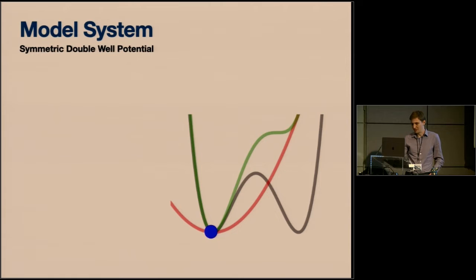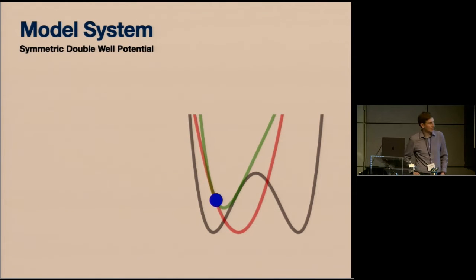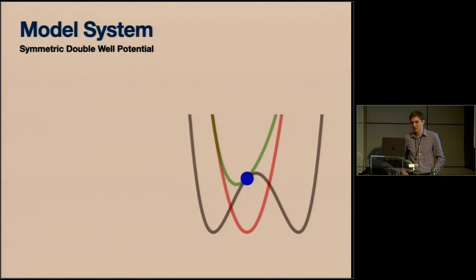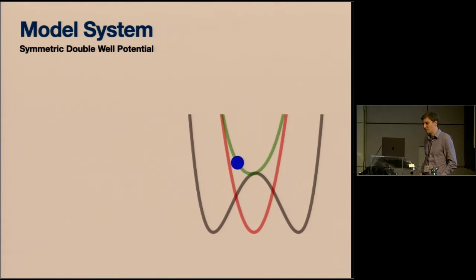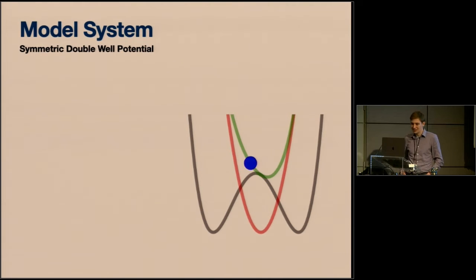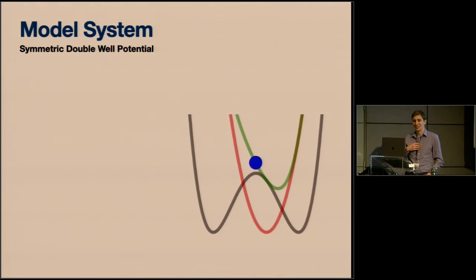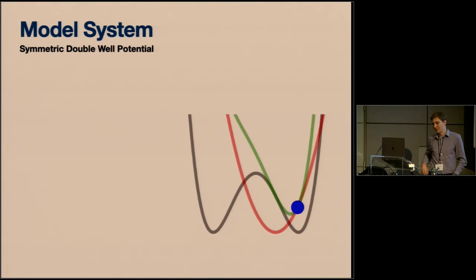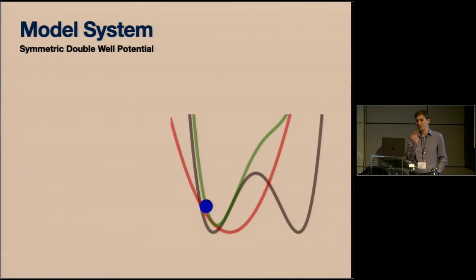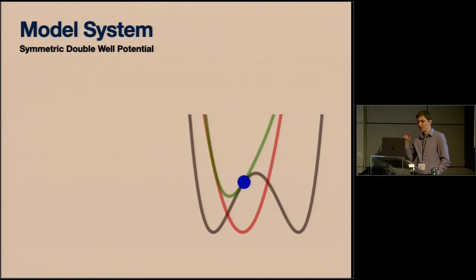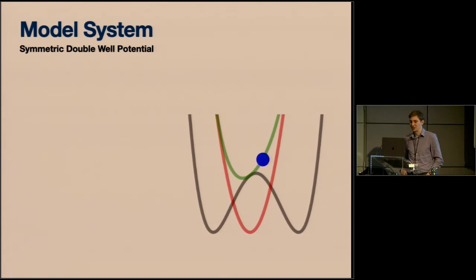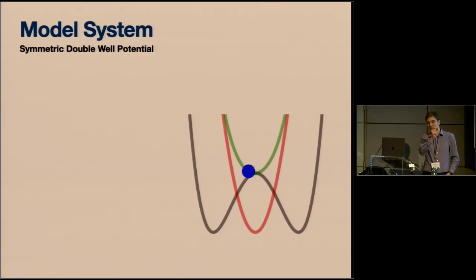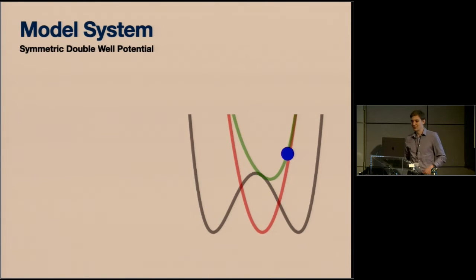So like we've seen a few times, this is a stochastic system. So here is just a Langevin simulation where the ball represents the micron-sized bead. The gray is the energy landscape imposed by the DNA hairpin, for example. The red is your optical trap, represented by a harmonic trapping potential. And then green is just the total potential. So as you pull it from the folded to unfolded state, for example,